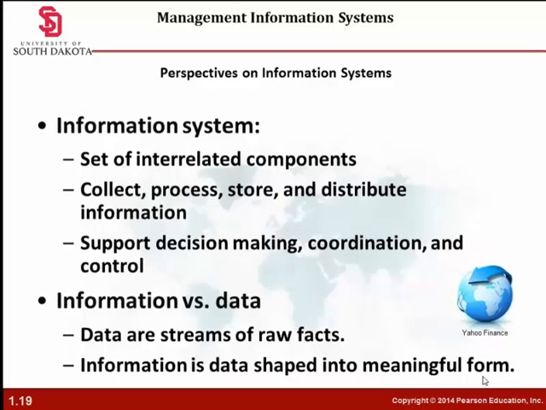So we look at information systems. A system can refer to a set of components that work together, hopefully. Can you think of systems other than information systems? The point of an information system is to make sense out of all the confusing data in the environment and put that data into some kind of order. Information is an ordered set of data that you can understand and act on.